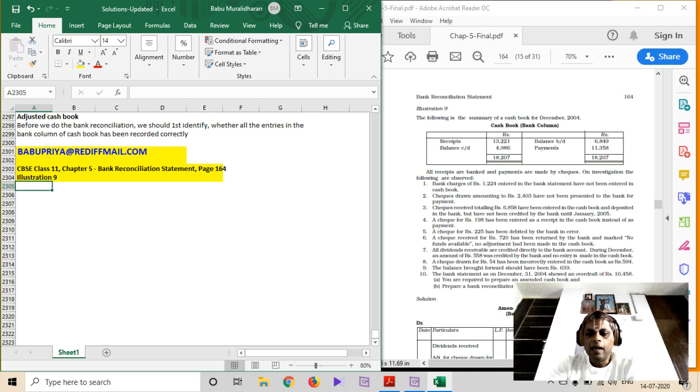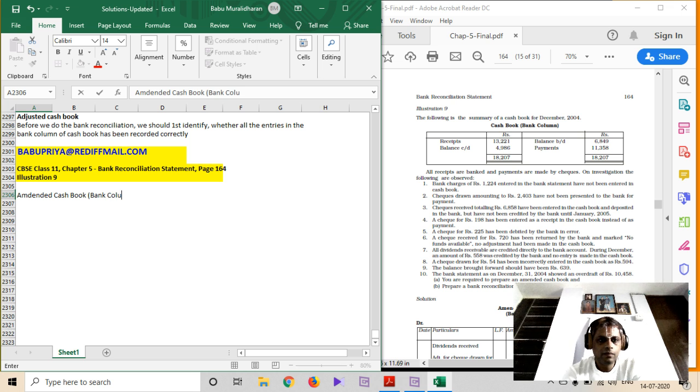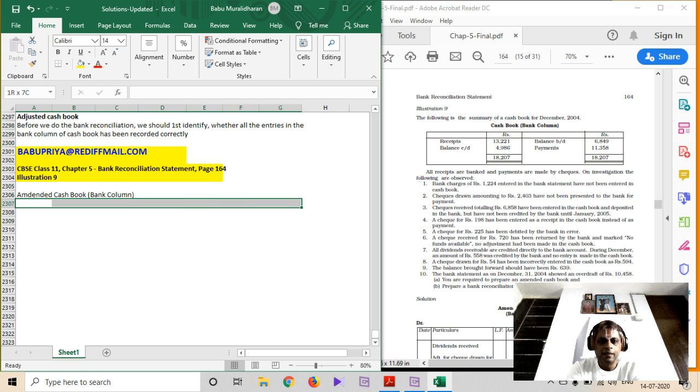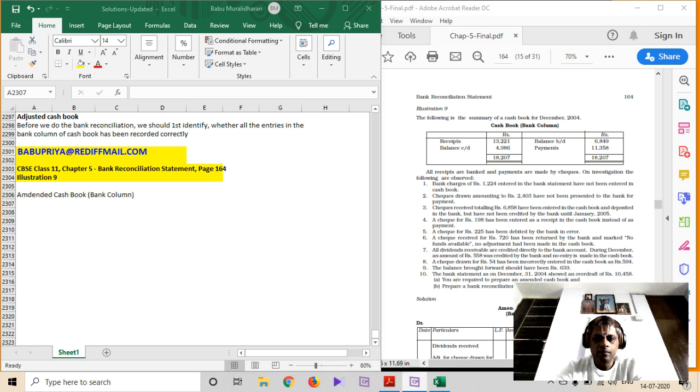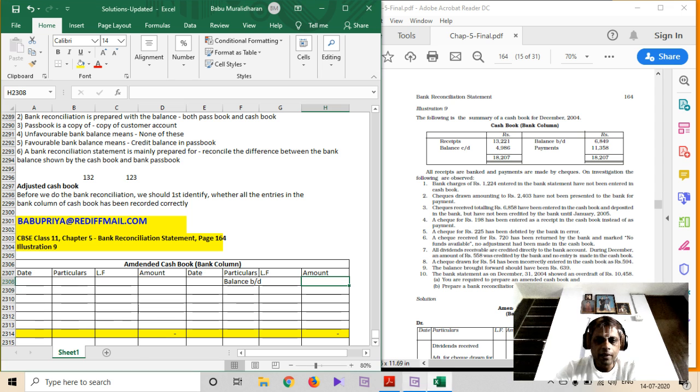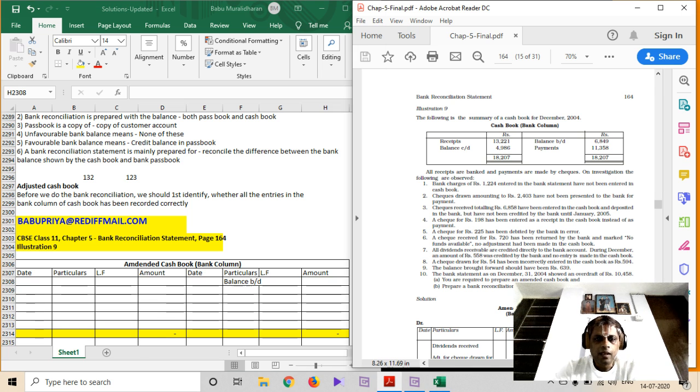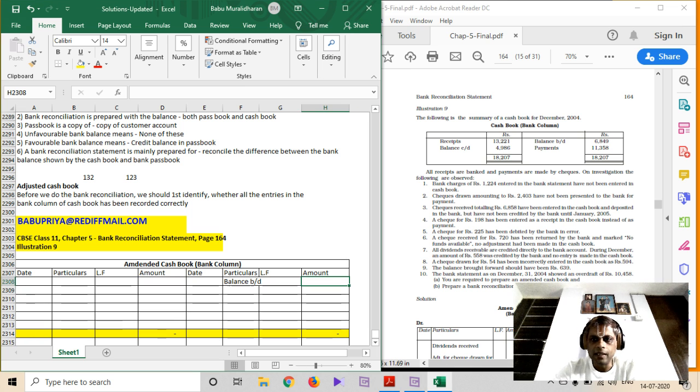So let's prepare the adjusted cash book. First the balance carried down. Let's take this as the basis. Let's put amended cash book, bank column. It's as good as a ledger, right? What we prepared in our earlier classes. I'm just preparing a ledger format. So I have prepared the format here, and let's continue with this. Balance brought down, which is a credit balance,